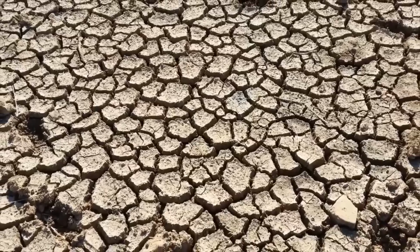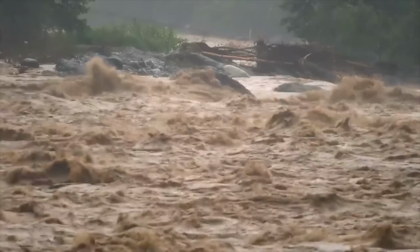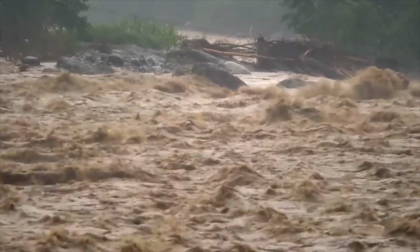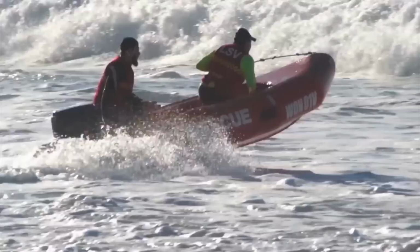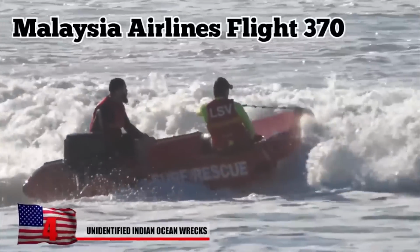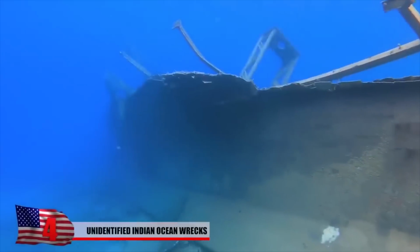Experts have theorized that coastal erosion was responsible for plunging Dwarka into the sea, indicating that its demise may have been triggered by a natural disaster. Number 4. Unidentified Indian Ocean wrecks. During an expansive search for any trace of the missing Malaysia Airlines Flight 370 plane in 2015, researchers discovered at